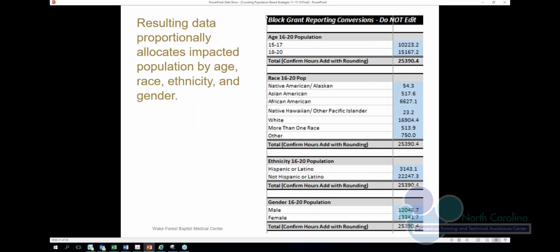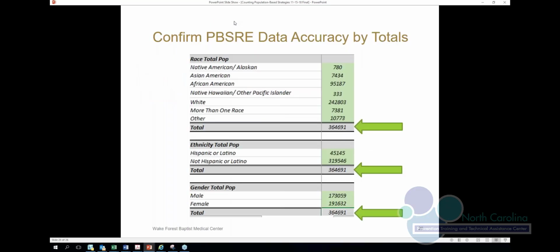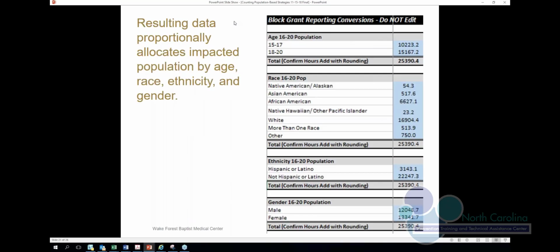So those entries that are highlighted green are at the top half of the population-based reach estimator. We have the totals that are the block grant numbers below that with blue highlighting. And as you can see, I've obviously only provided one column worth of data, but there's room to have up to 10. We do include the decimal point. You should not include the decimal point in your reporting, but we do it to help you notice where you